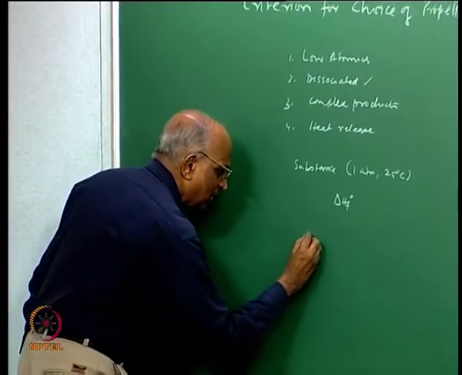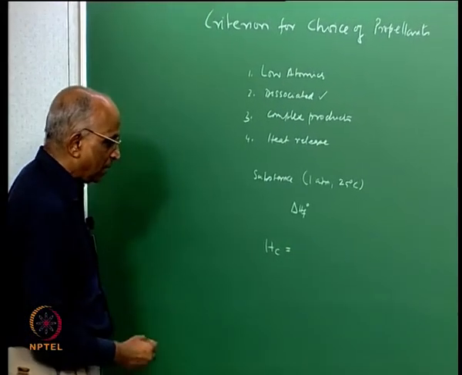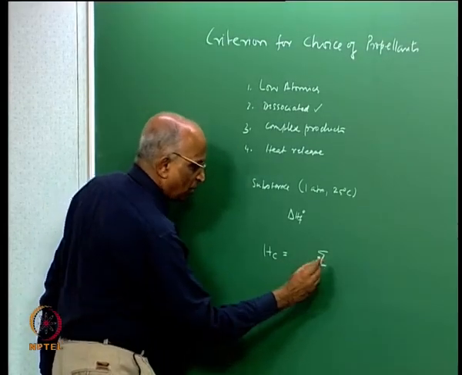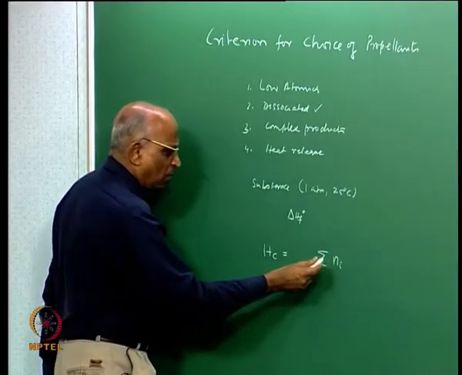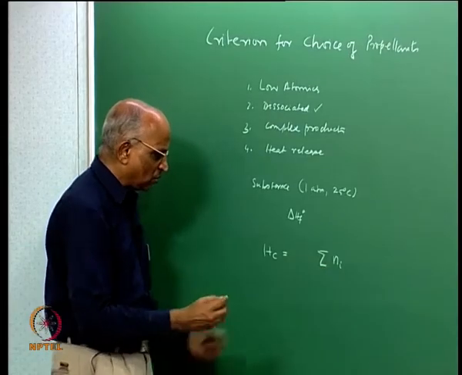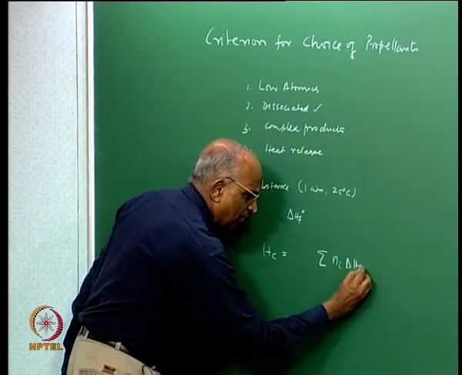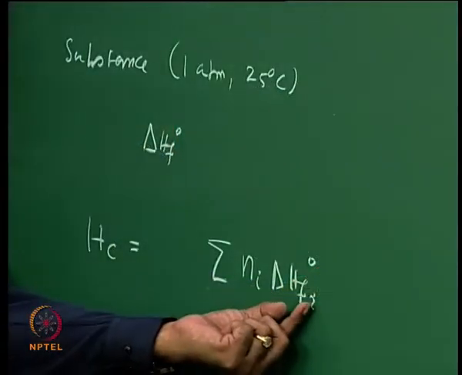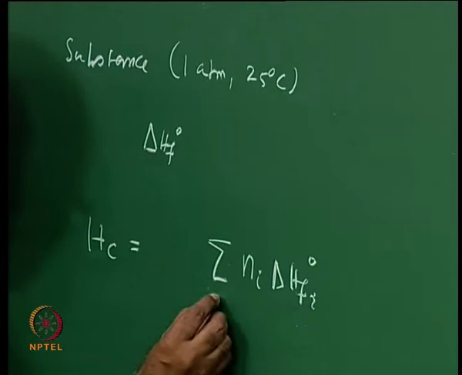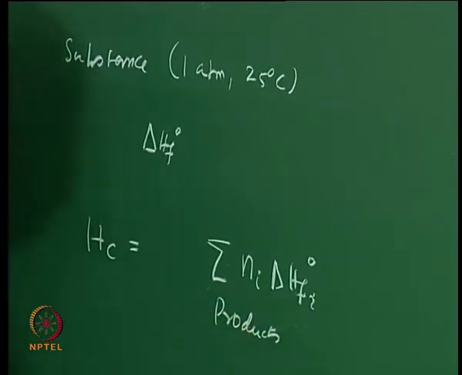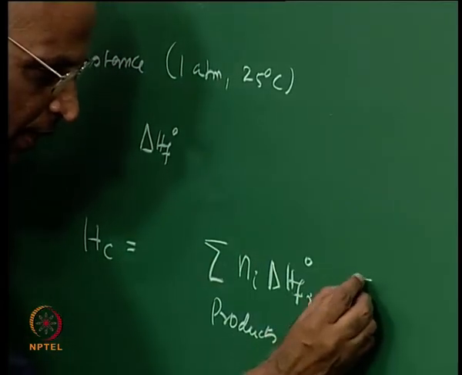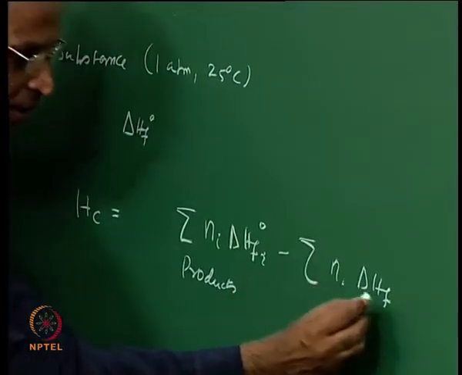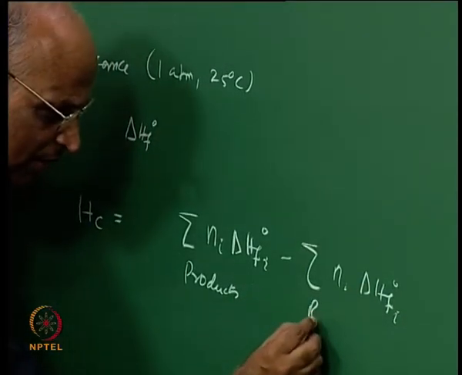Therefore, what is the heat which is released in a chemical reaction? We told ourselves, I will write it in a little different way. If I have products and the sum of the heat of formation of the products, let us say products consist of N1 moles of one, N2 moles of the second substance and so on, and each of these substances have a standard heat of formation, delta F corresponding to the ith substance. Well, this defines the heat of formation of the products. Now, I subtract from it the summation of heat of formation of the reactants. Again I say ith substance, heat of formation at the standard condition for the reactants,